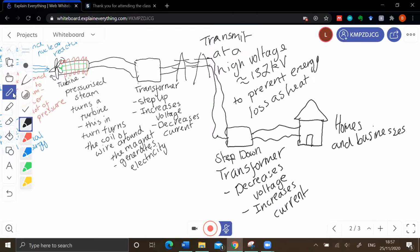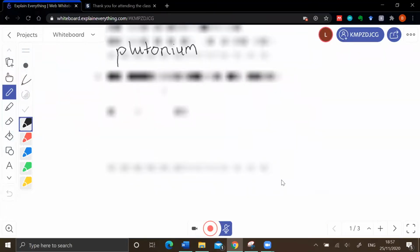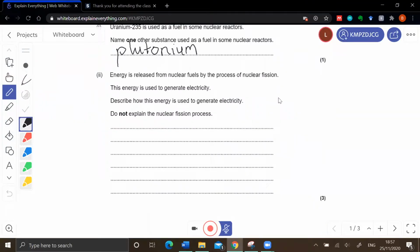Okay, right, so let's go back to the question. It's got plutonium still there. So, describe the energy, so we can write this now in prose. That means continuous writing. So let's start off. So the main purpose of a nuclear reactor